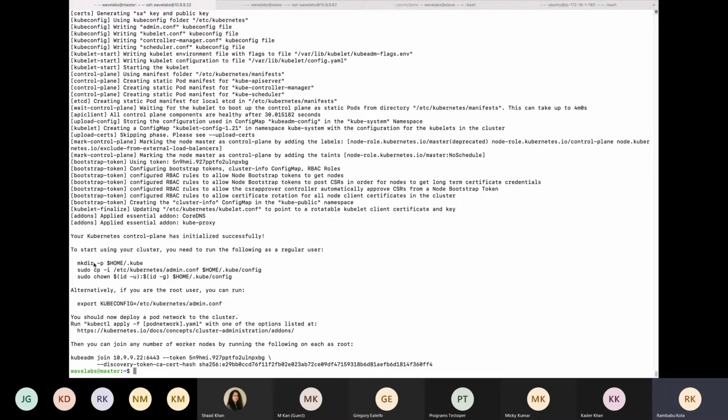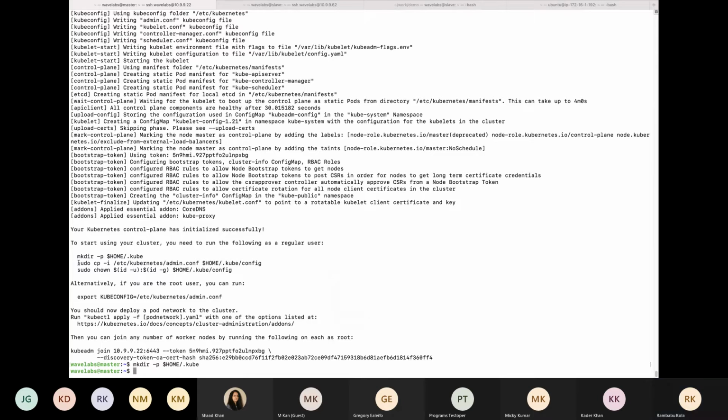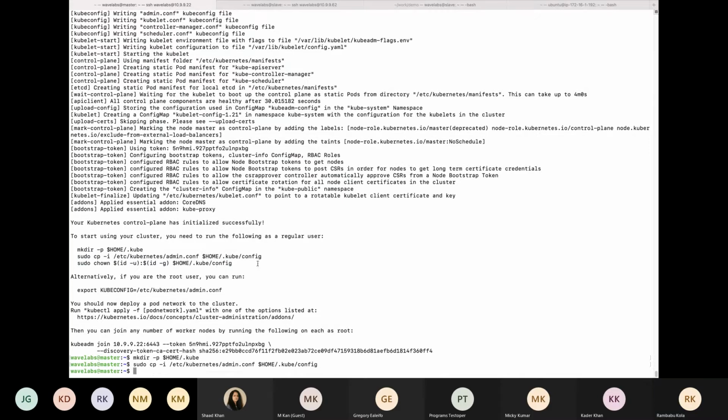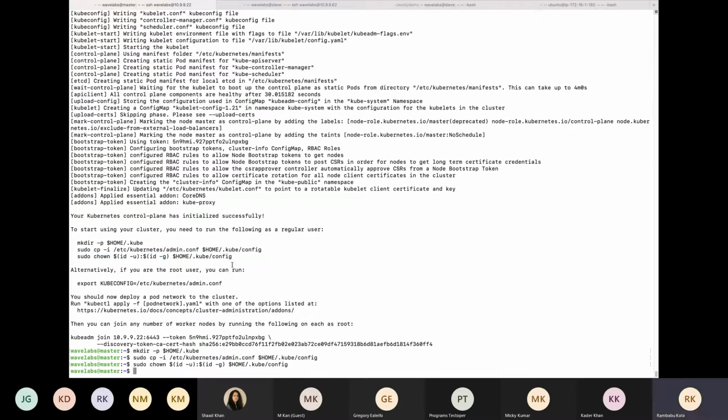We need to set the config file so that the kubectl command can use this file and connect to the API server. And here you can see this is the command.